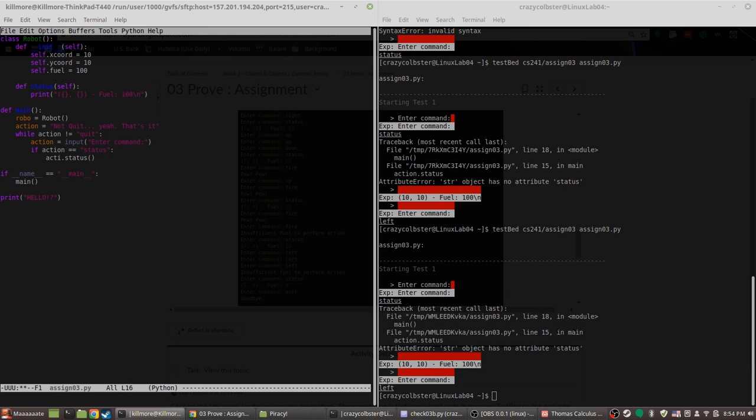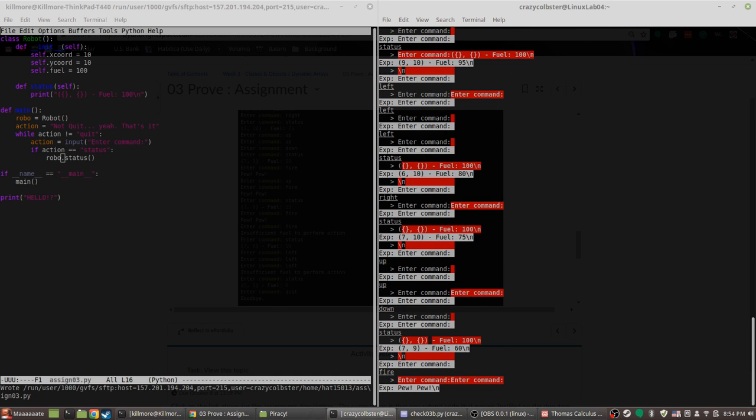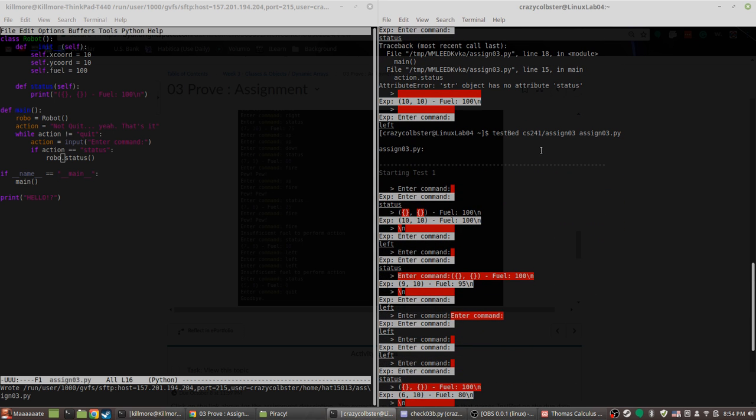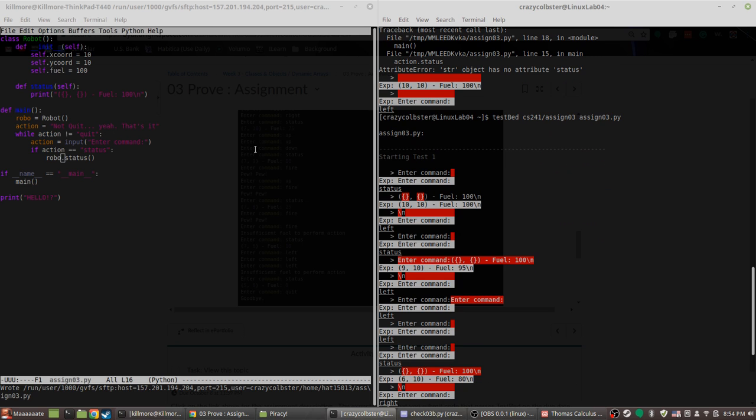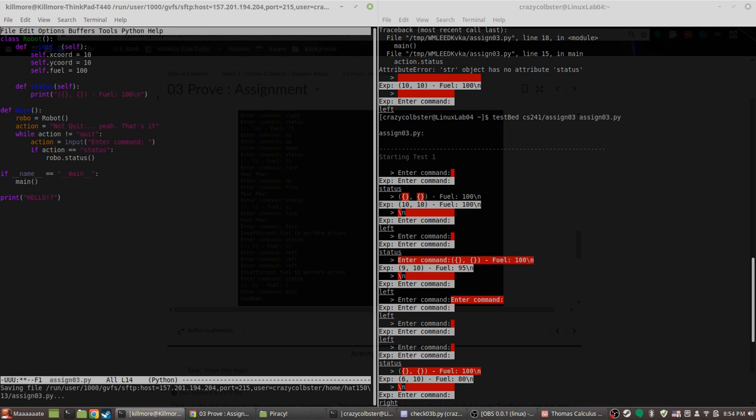If action equals status, robo.status. Okay, there we go. Oh, look. It ran. Okay, step one. Enter command needs a space after it.